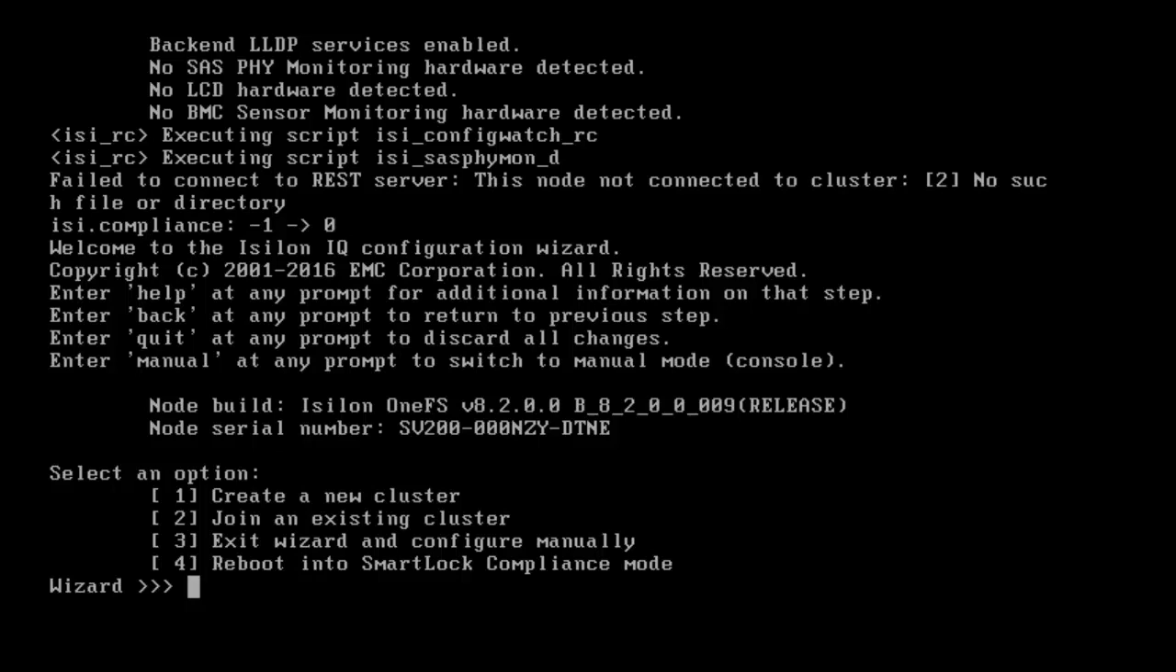The first, create a new cluster. Second, join an existing cluster. So we have already existing cluster. So let us join this new node to that existing cluster. So I am selecting option 2,